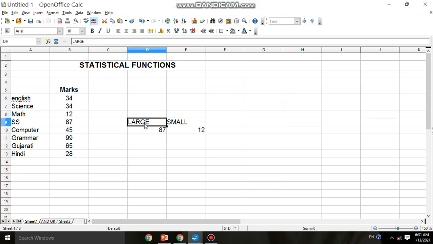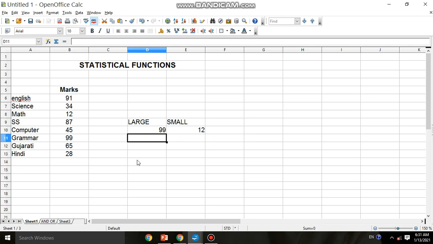Now we have the large and small functions. The large function will return the largest number, or the second largest. You can see I have written here 2. So largest first is 99 and second is 87. So you can see 87 is coming. But if I write 91, then 91 will become the largest number after 99. You can see large second number, it is showing 99.